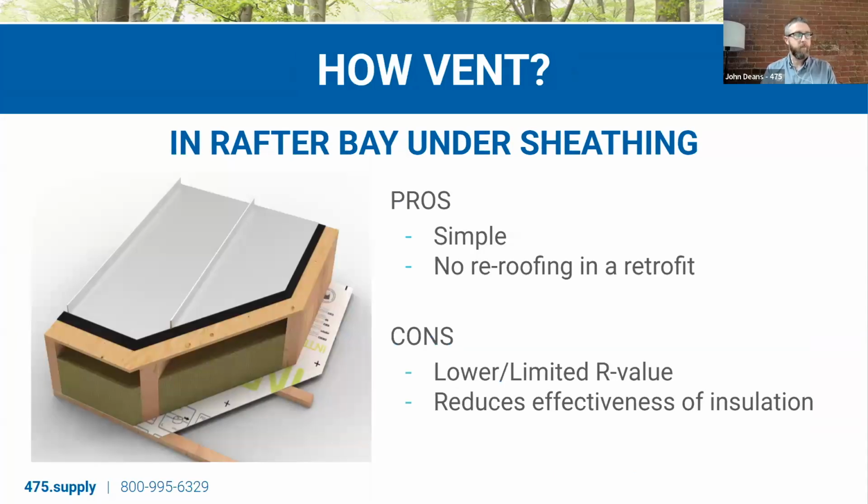So this assembly is maybe one of the more typical ones that we might have seen for decades now. You have your typical roof rafters, you've got your sheathing, your underlayment, your roofing, and you have that vent channel right under the sheathing, often a baffle system of some kind, allowing that ventilation channel. So the pro is this is relatively simple. In a retrofit scenario, you can insulate from the inside. You don't have to strip the roof. So it can be really great,